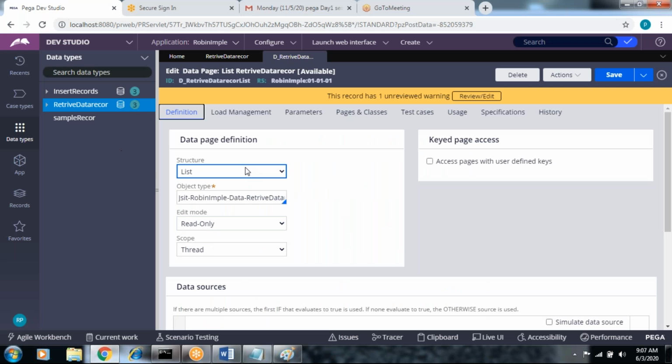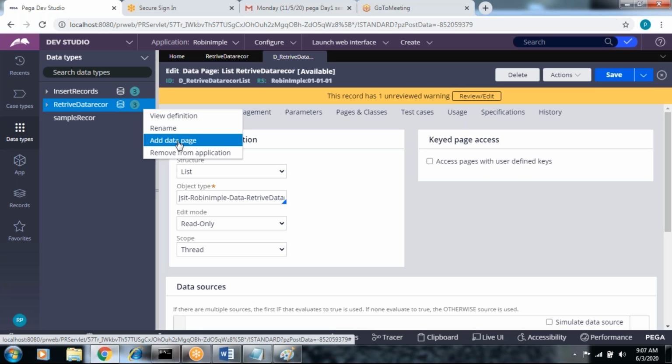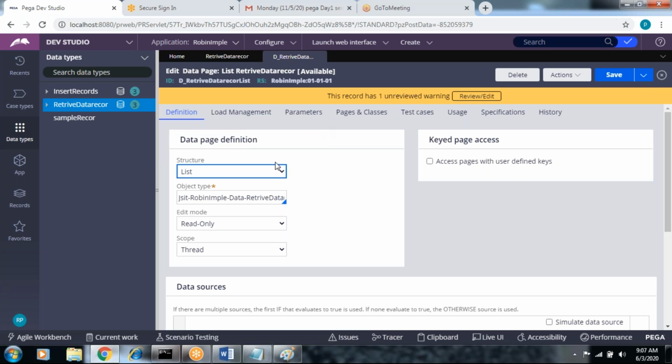The database will already be created. I told you how to create that. Whenever you create the data table, your database is created if you click the checkbox, generate database. Otherwise, if you uncheck the checkbox, come back to the data table and just click add database. These are the two ways to create the database. Databases are created under which class? The data class only. The purpose of the main database is sharing the data.